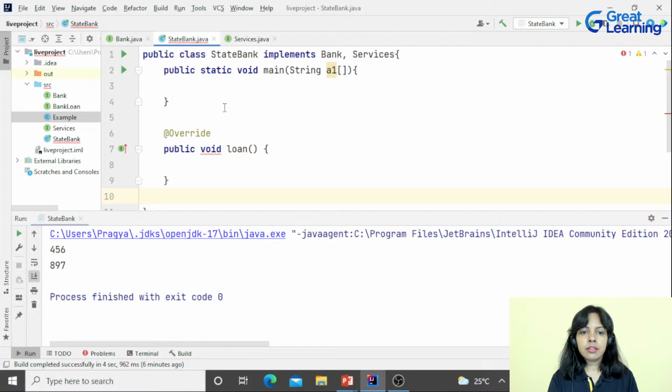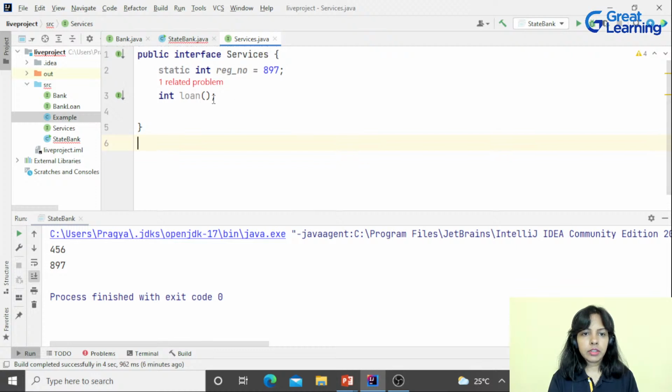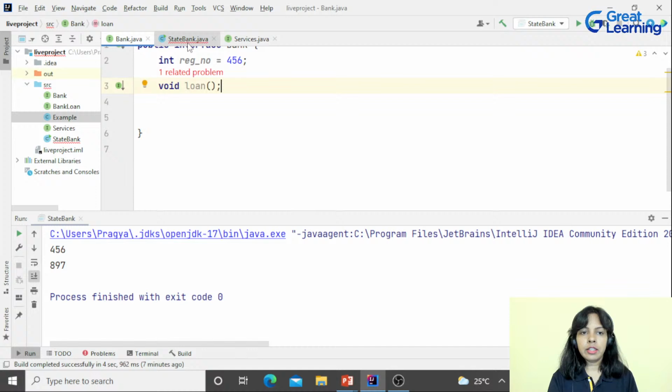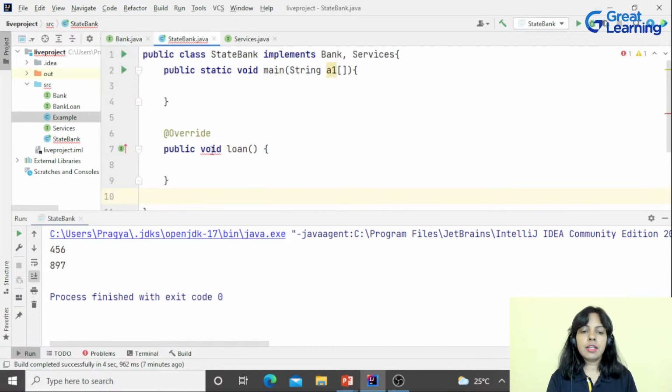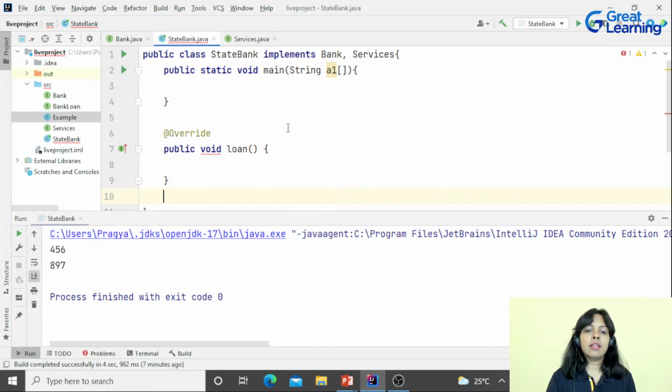Then in that case, it says int loan, meaning it is returning a type of int, and here it's not returning any type. Now it says an error here that loan in state bank clashes with loan in services. Although guys, the name of the method here is same, the parameter being passed is also same, but overriding it only once will not work if the return type is also different.